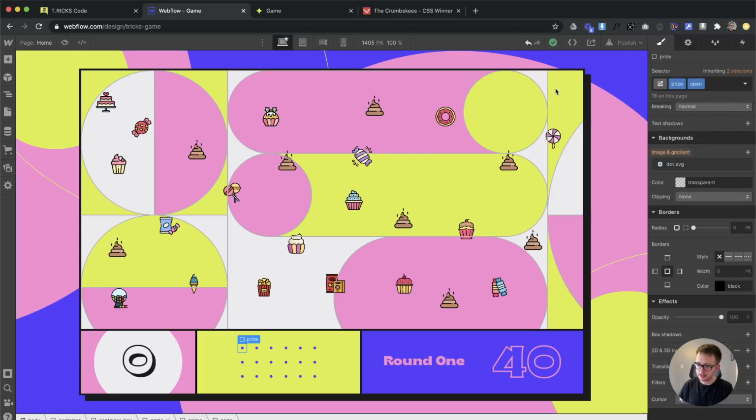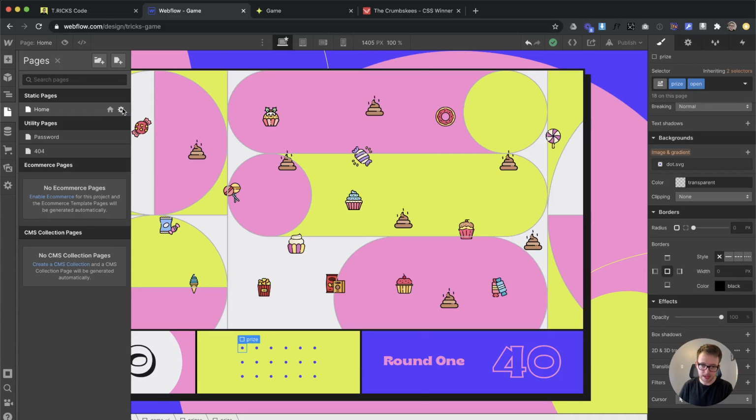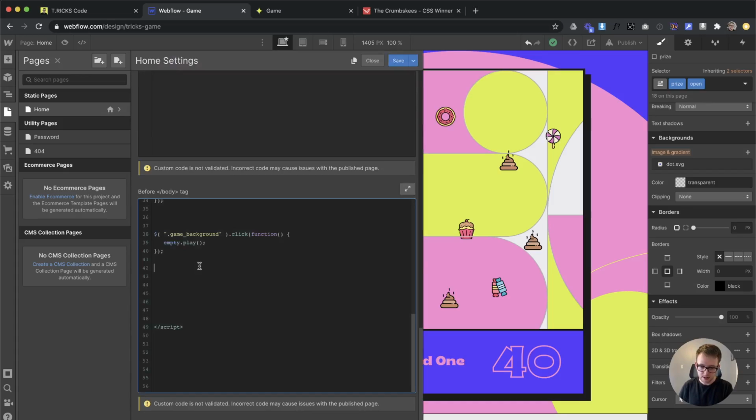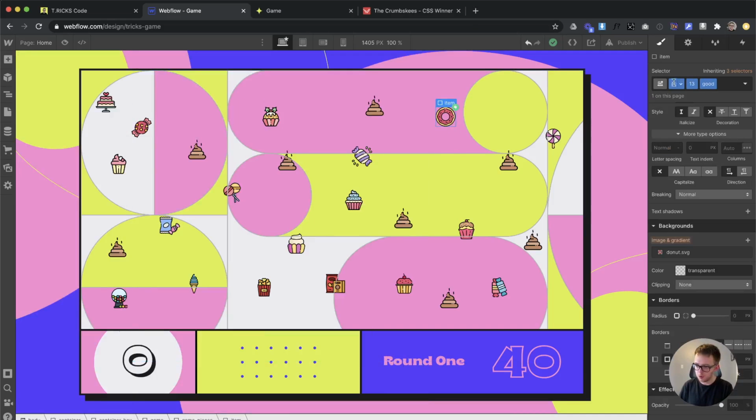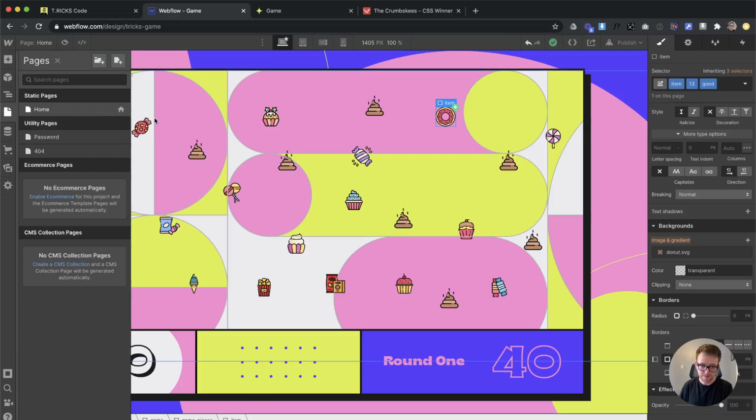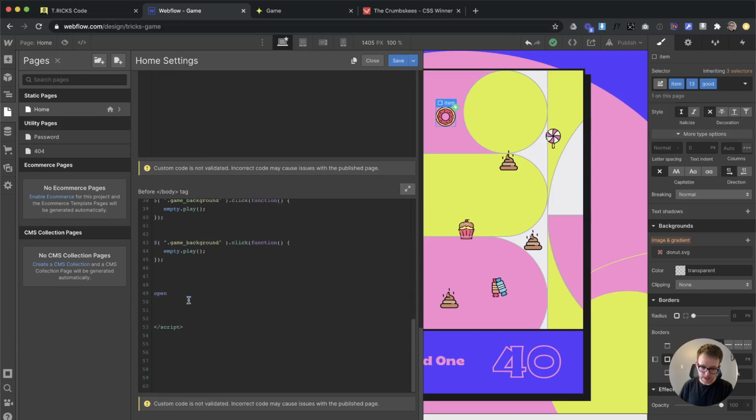So I need to grab the class of open, because that's the class of the dot that hasn't been used yet. So first thing we want to do, this will be on the click of any item. So I'll copy a click class again. Remember, all these, whether they're good or bad, have the class of item applied to it. So on the click of any item, what we want to do is actually grab the thing with the class